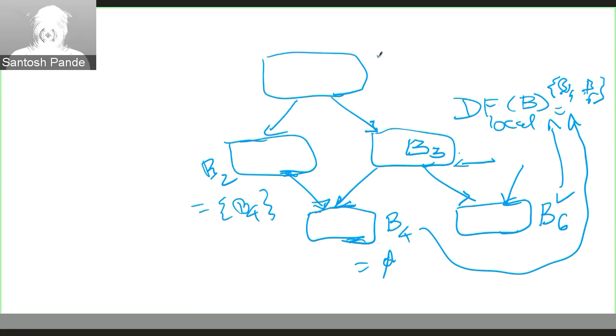Now, let's come to B1. B1 will apply the same definition. We will go to its successors and find out if I dominate them or not, to find out its local region. So in this particular case, B1's successors, you can see that there are two of those, B2 and B3. But when we apply the dominance frontier definition to them, both of those successors are dominated by me. So therefore, the local dominance frontier of B1 happens to be null